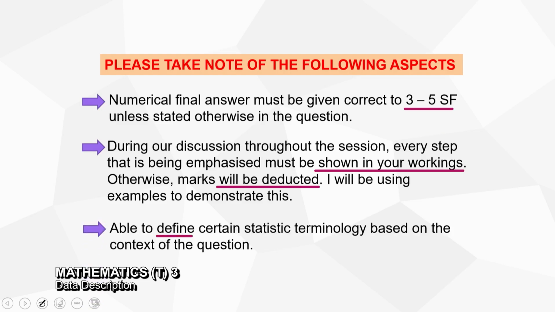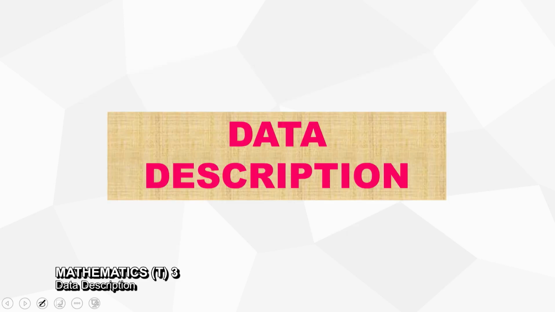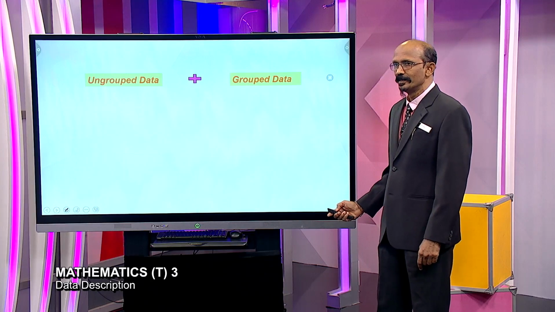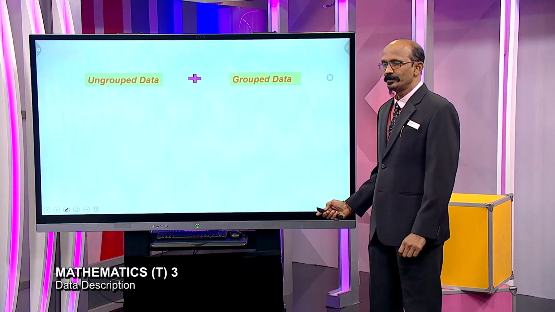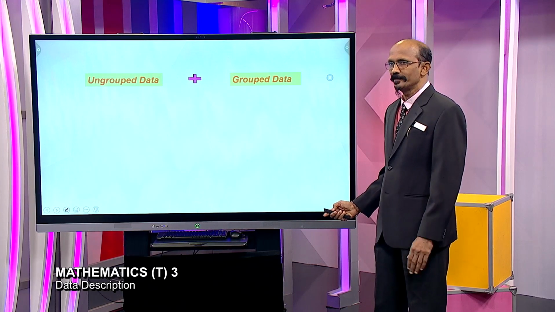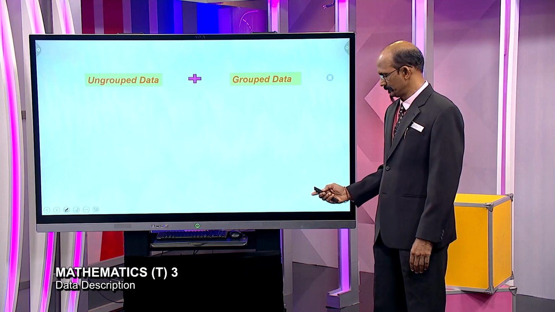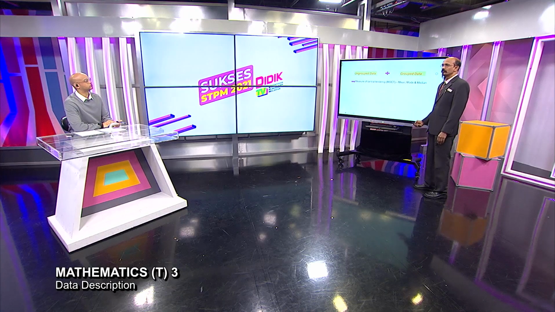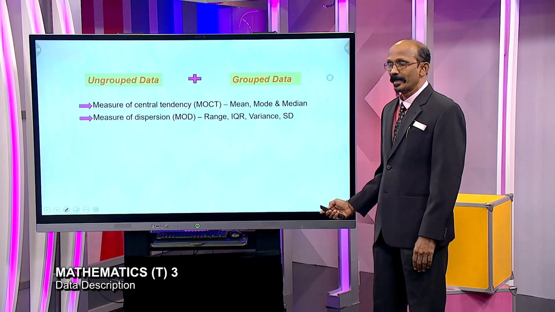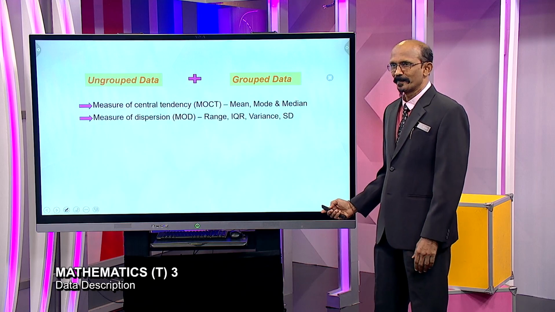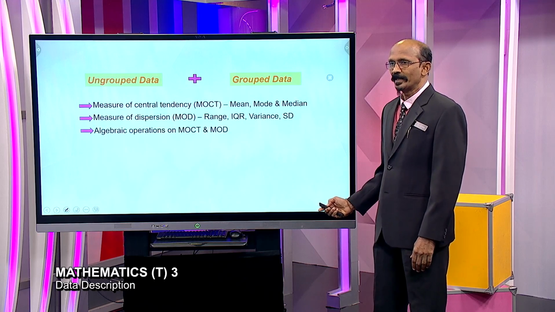Next, you should be able to define certain statistical terminology based on the context of the question. Let us continue with the first chapter. In this chapter, data description, we have 2 subtopics: grouped data and ungrouped data. For these 2 parts, you should be able to calculate measures of central tendency and measures of dispersion, use the correct formula, and use algebraic operations on